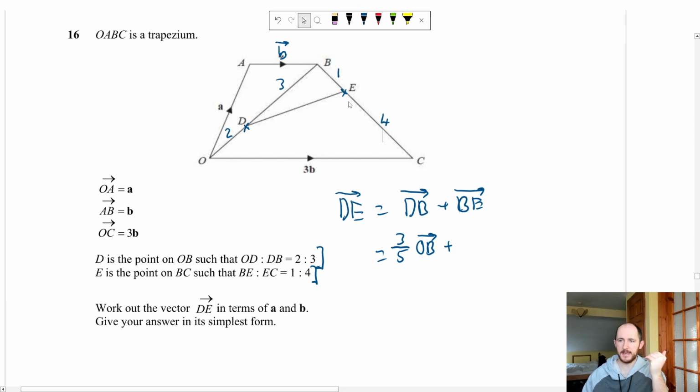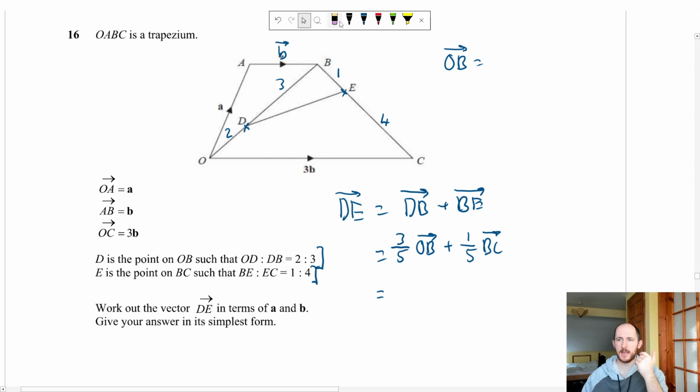So B to E is 1 out of a total of 5 parts, so 1/5 of B to C. Okay. Now we don't know those vectors, but can we work them out? And the answer is absolutely we can. So if I want to work out OB,